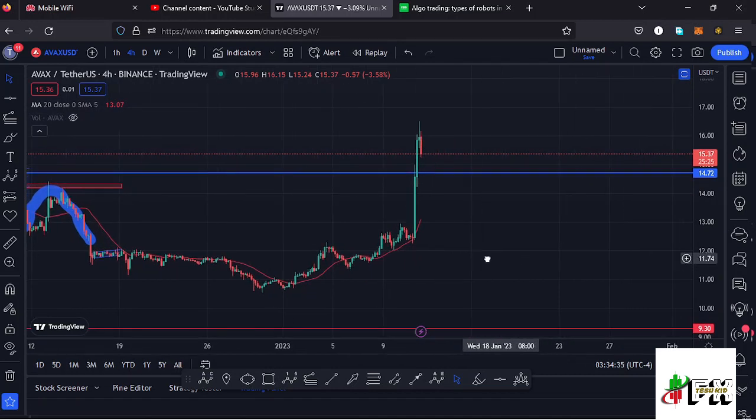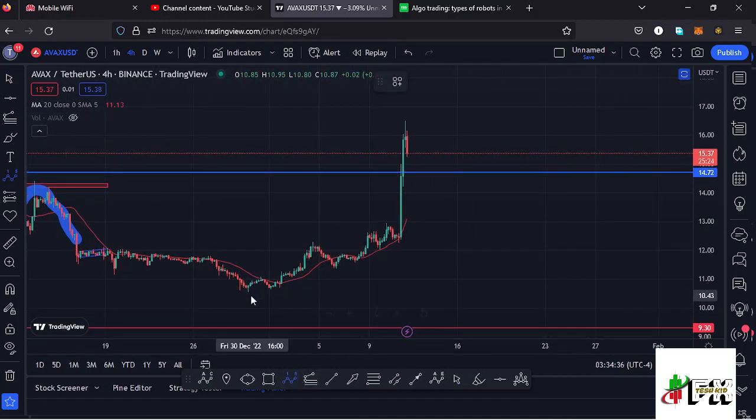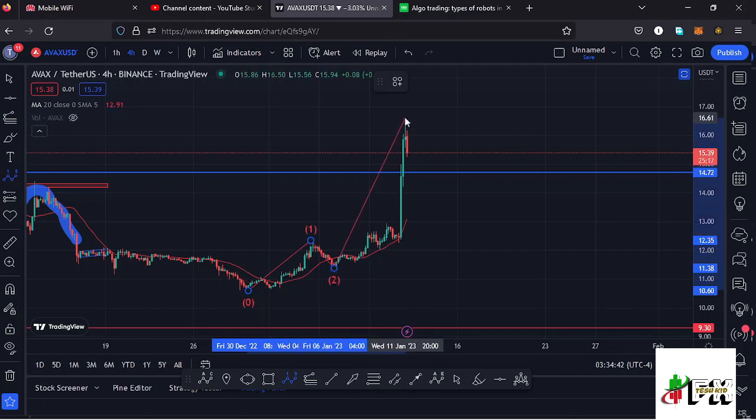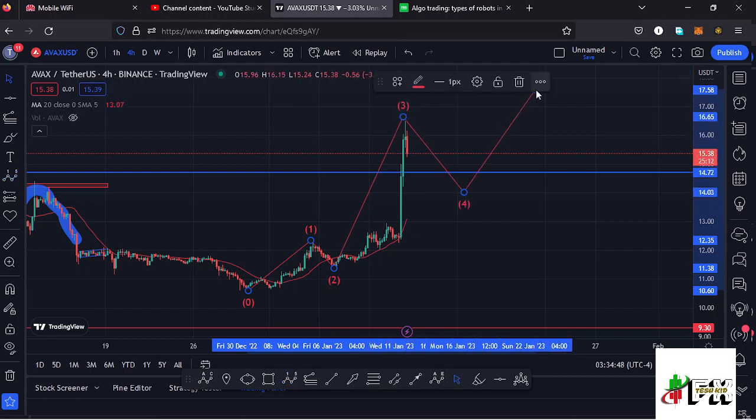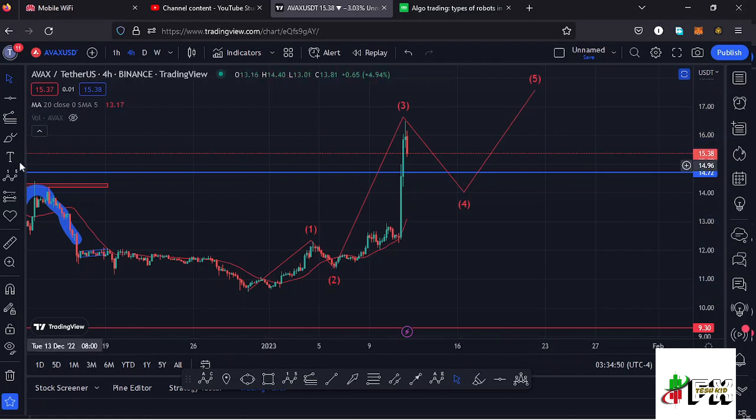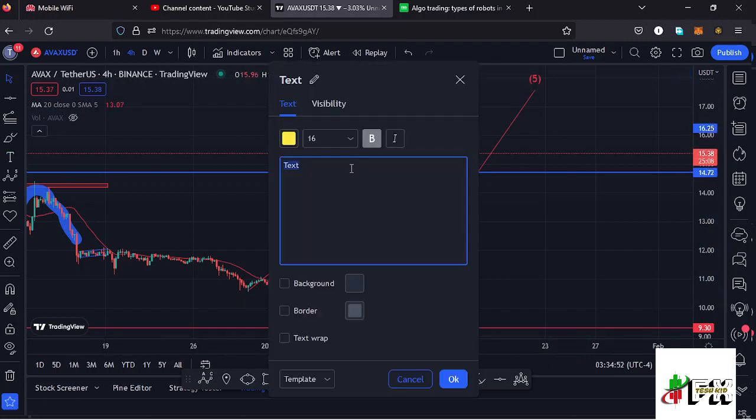And if I draw out my Elliot wave structure so that it can also give us the short-term scenarios that I'm expecting to play out, we can have these as the first wave to the upside. Then we saw the formation of this second wave right here. Then we saw this massive bounce to the upside in the formation of this wave 3, and I'm expecting a wave 4 before we continue pushing even higher in the formation of that wave 5 to complete a higher Elliot wave count 1 to the upside.